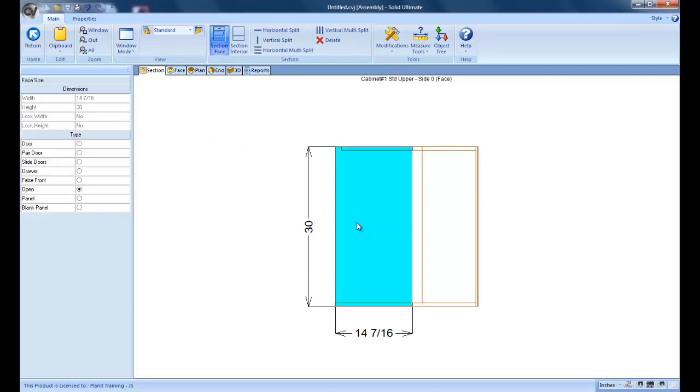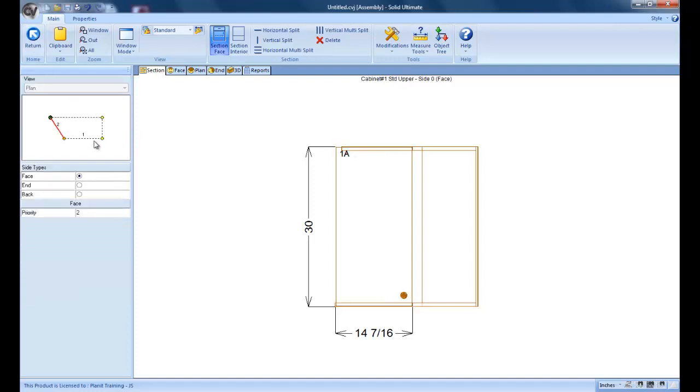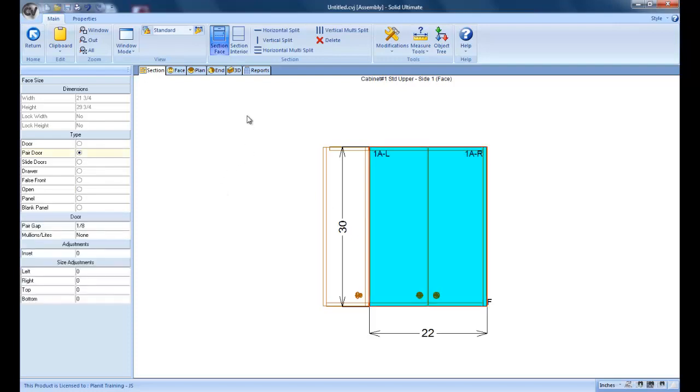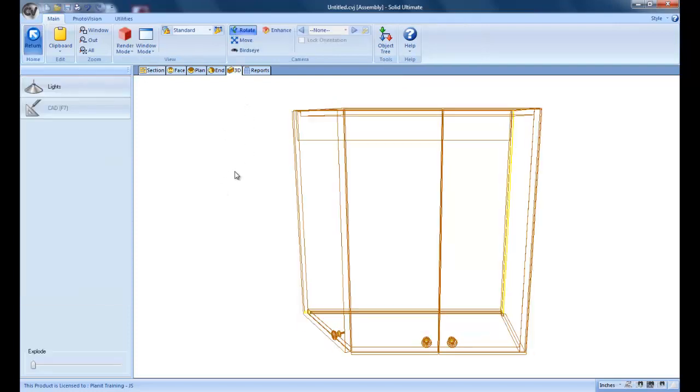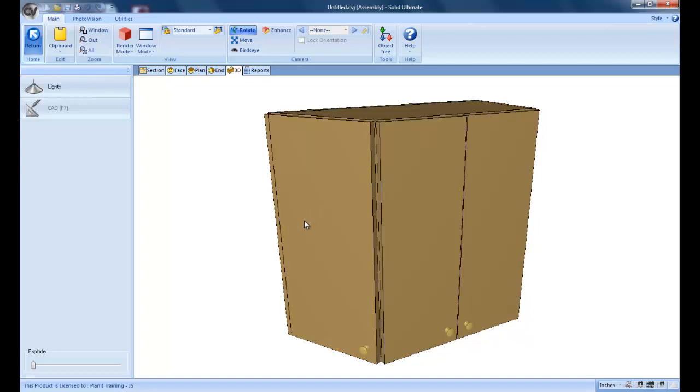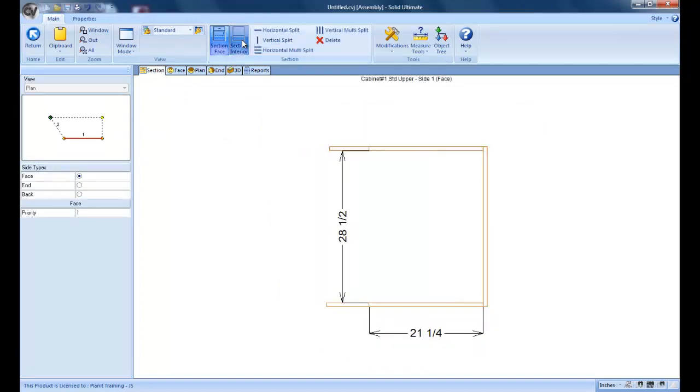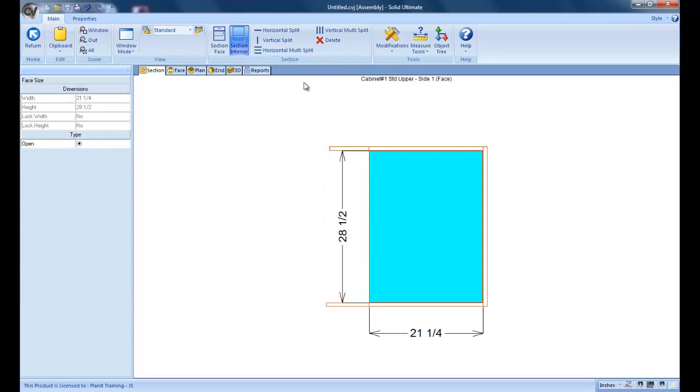So what I want to do is right here, I want to make a door for this face, and here I'm going to make a pair door. And then if we go into 3D, as you can see, that's a neat little cabinet that you would put next to a window. One thing I would also do is come here, and on the interior I would put